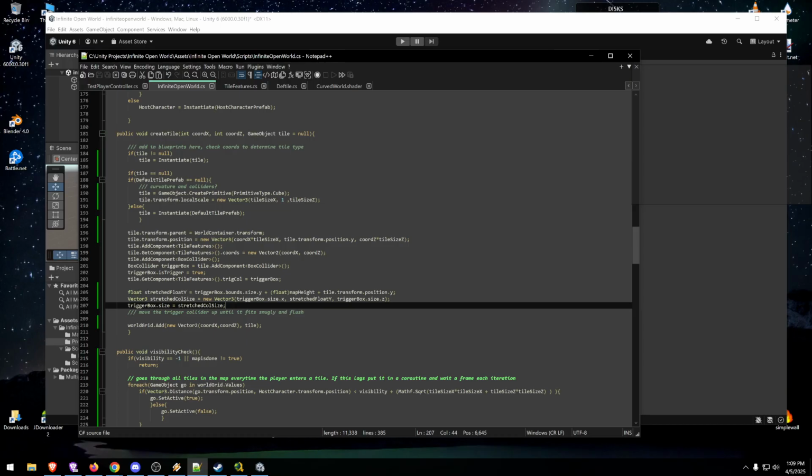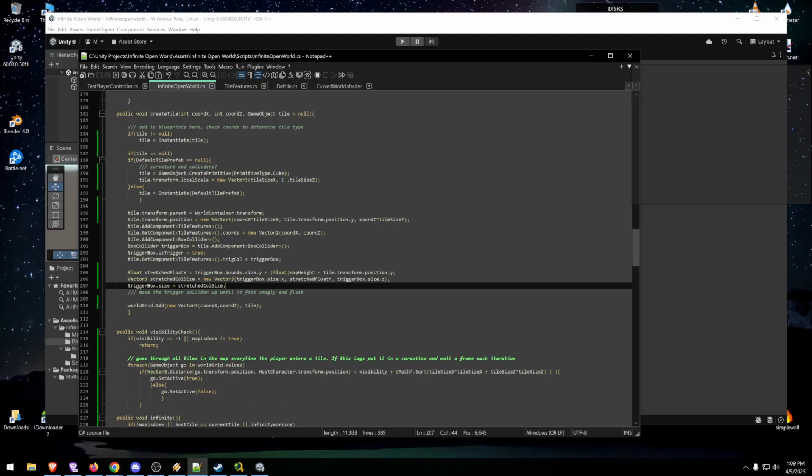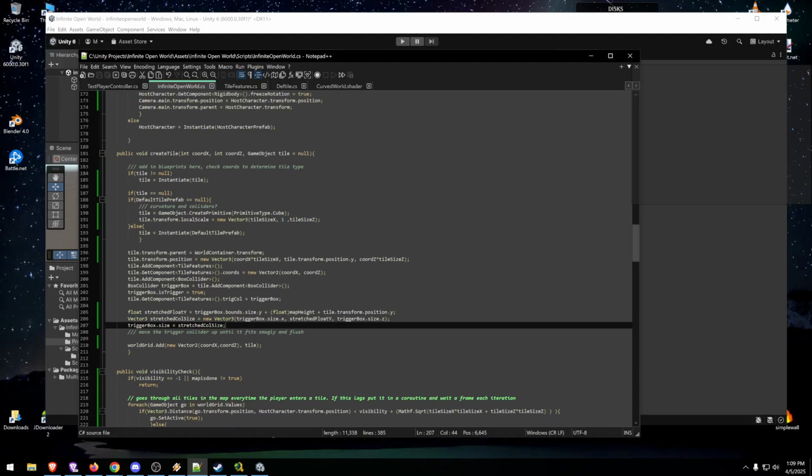Alright, so the center of it needs to be half its size. Alright, so that always stays the same. But the size, oh, this is way easier than we thought it would be, thank goodness. Good. The size of the thing is the map height. Let's figure this out. Stretched float Y, equals the map height